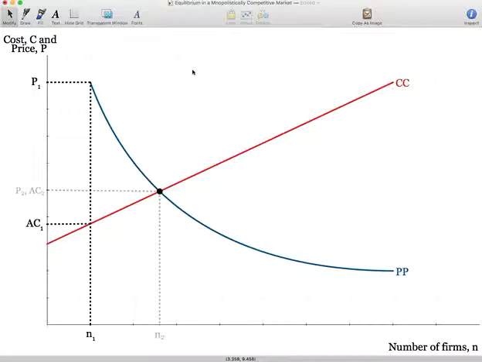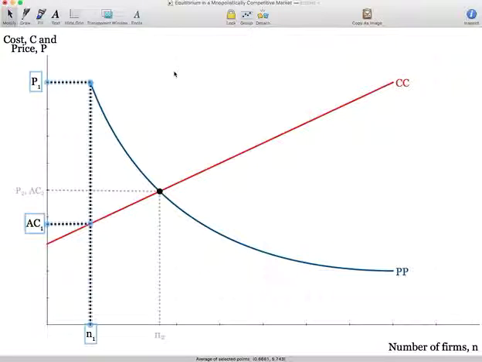So that is the price. So what we can see here is that when we have N1 firms, what do we end up noticing? That price is greater than average cost. These firms are going to be profitable. Their price is going to be greater than their average cost, which means they're going to be making an economic